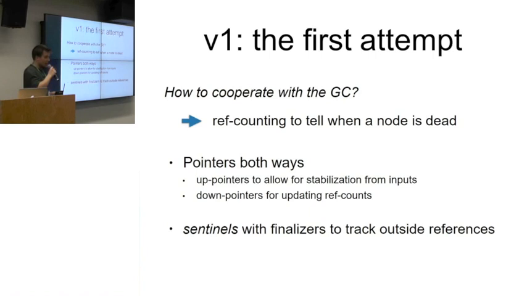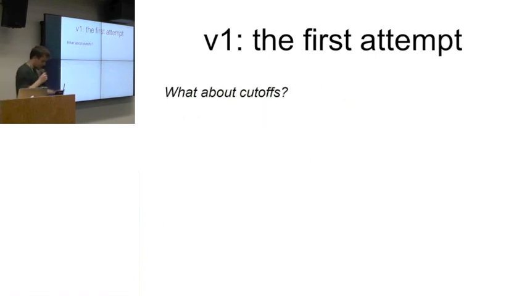So that's a problem. A second problem with this algorithm is cutoffs. I described earlier that we want to have this notion of a cutoff and be able to prevent a node from updating its parent if its computation hasn't changed significantly. That doesn't work in this algorithm at all, because